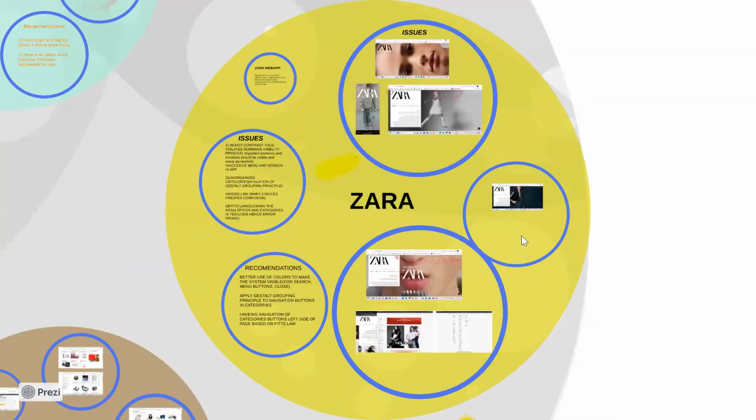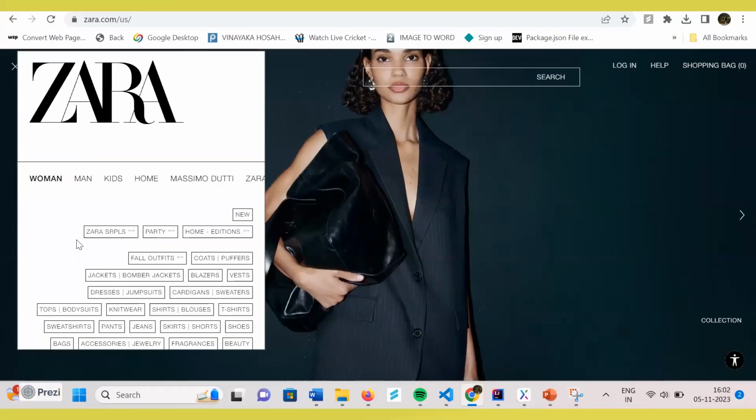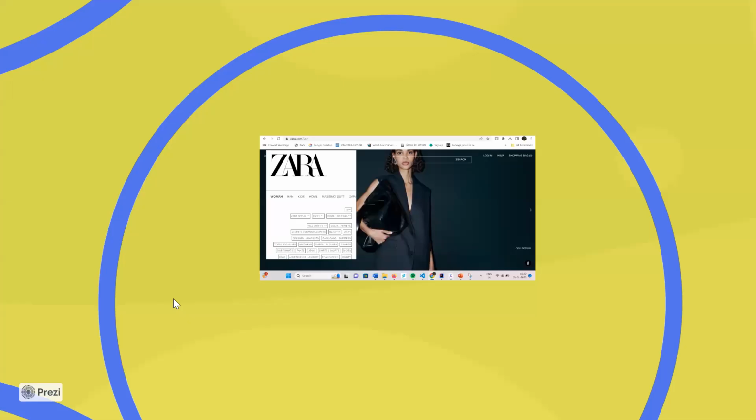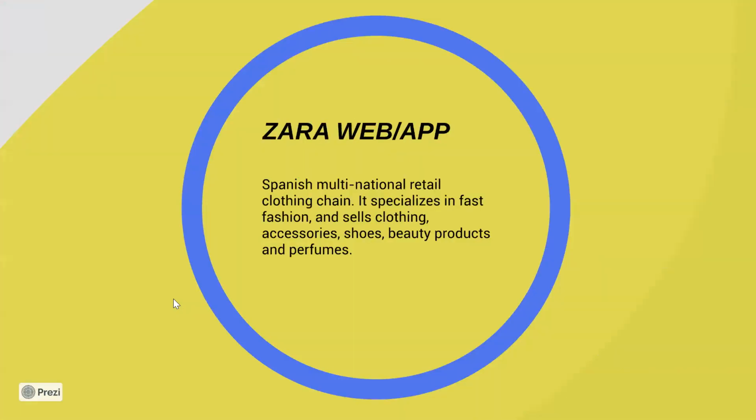The other issue with Zara is its navigability and the categories. Whenever you click on women, the categories pop up with a lot of options which are not grouped, it's cluttered. This goes against both Gestalt grouping principles and Fitts law, where whenever you want to press on this category or this button, at least five in ten times you end up picking the wrong category. So, to sum up the issues,